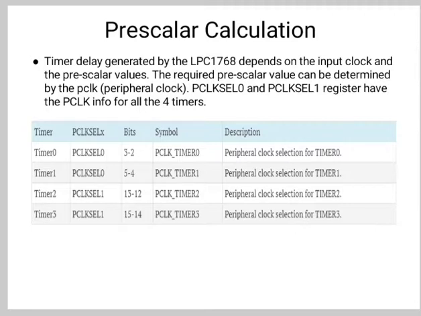Now the next is the prescale count value calculation. We have already seen it. The required time is 1 by 1000 second. It is 0.001 second. So the resolution is 1 millisecond. Now the prescale count is 60 megahertz into the required time delay, minus 1. So 60 into 10^6 into 0.001 minus 1. So it is 5 into 10^4 minus 1. So the delay required for the TC to increment by 1 will be 1 millisecond.